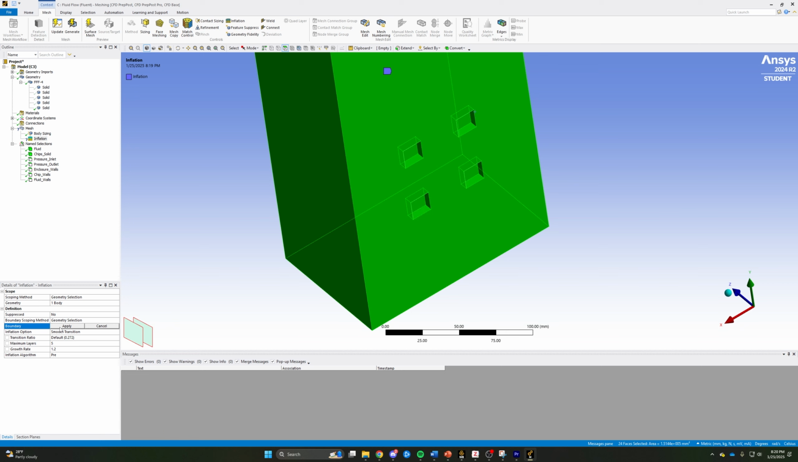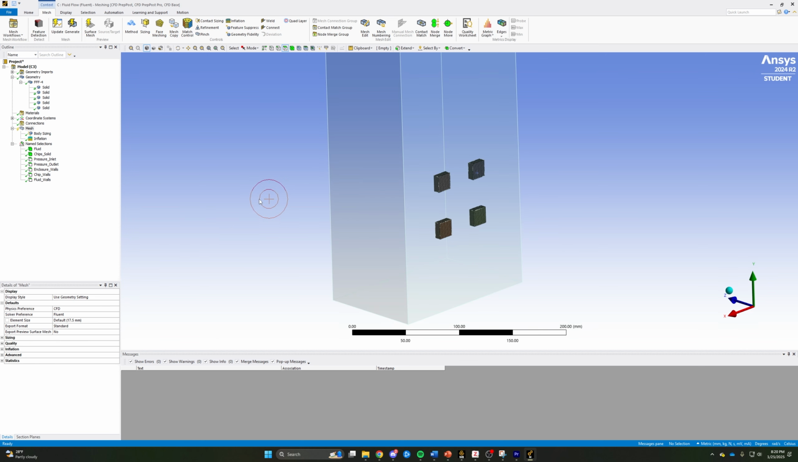And we can go ahead and click apply in the detail window down here. And we're going to go ahead and use smooth transition with a maximum layer of 5 inflation layers on all the faces that we defined. So finally, before we mesh the enclosure, we're going to want to make a few changes to the global settings